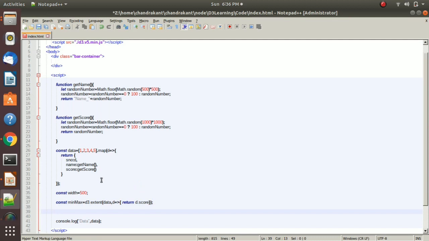So min-max contains the array of values. In the first element we will get the min value of the score, and in the second element we will get the max value of the score.